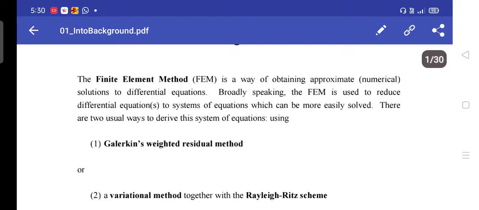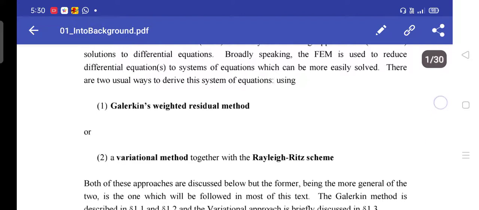The finite element method (FEM) is a way of obtaining approximate or numerical solutions to differential equations. Broadly speaking, the FEM is used to reduce differential equations to a system of equations which can be more easily solved. There are two usual ways to derive this system of equations: using Galerkin's weighted residual method or the variational method